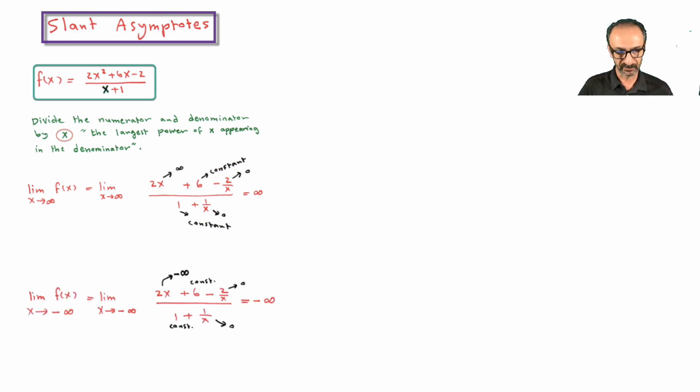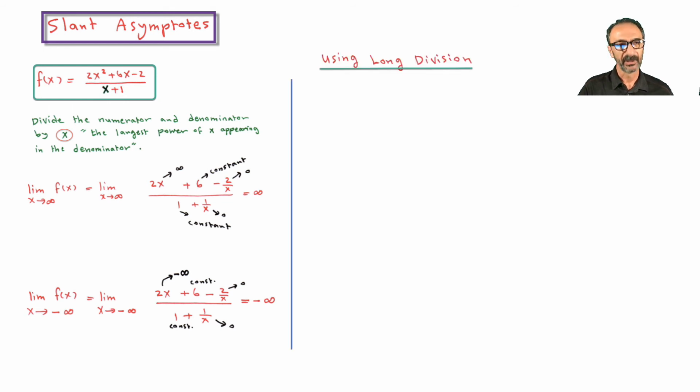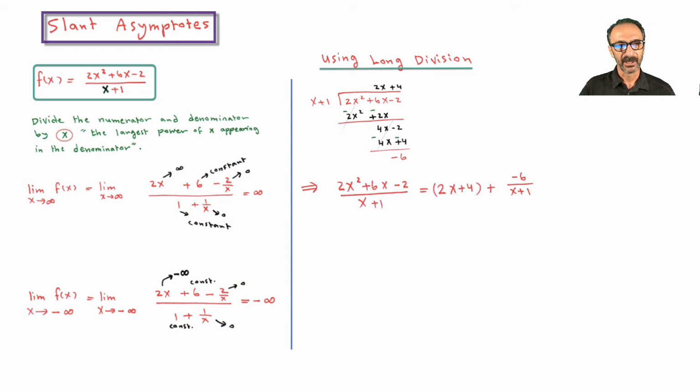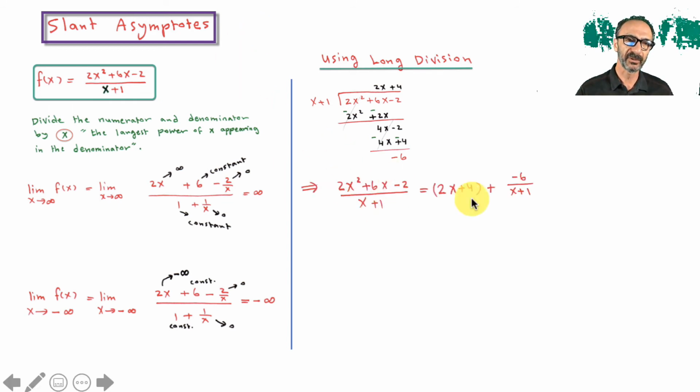This is for the negative infinity. I'm gonna skip reading it, and here's the long division. You know how to do long division of polynomials. Hopefully you'll understand that, and I'm skipping reading the steps. Now here's how we rewrite it. Dividing this polynomial by x plus 1, I get 2x plus 4 as an answer, and a remainder of -6